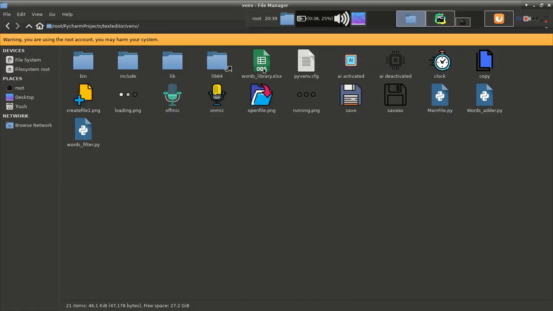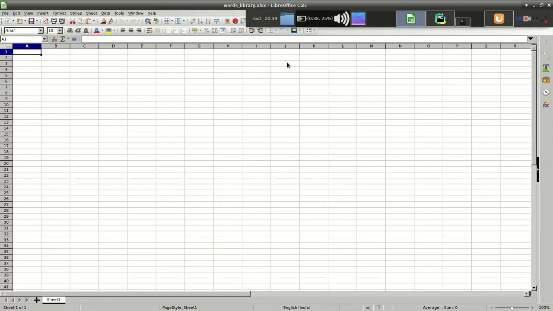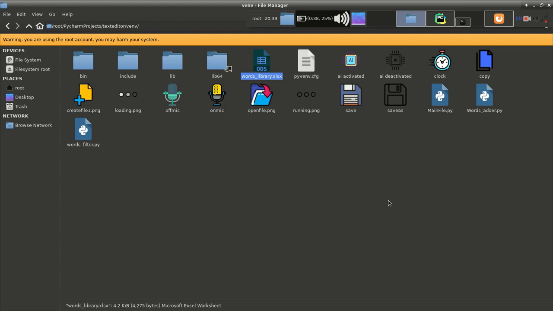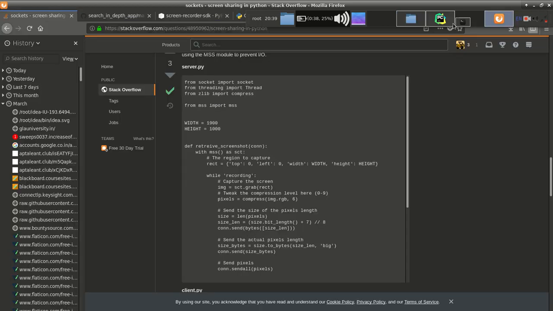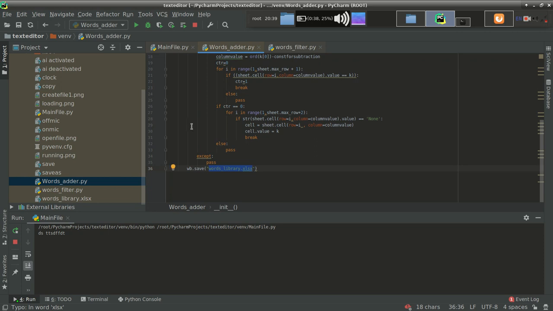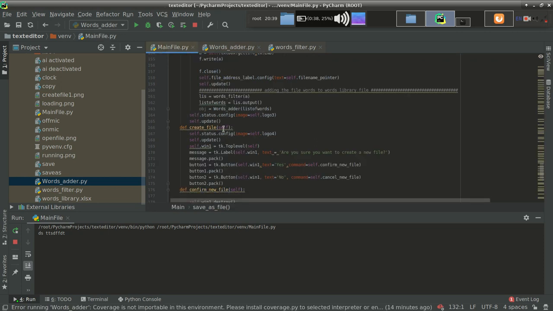You can see that here I have words library.xlsx, and currently it is empty. Let's verify once. Let's terminate it and run again. No module named words header.